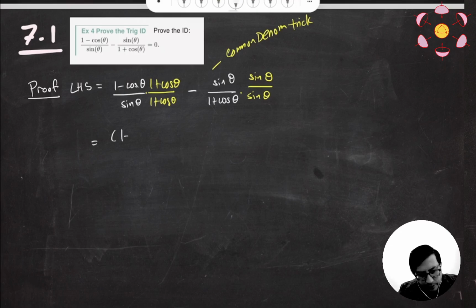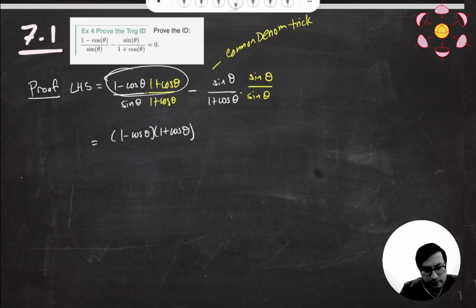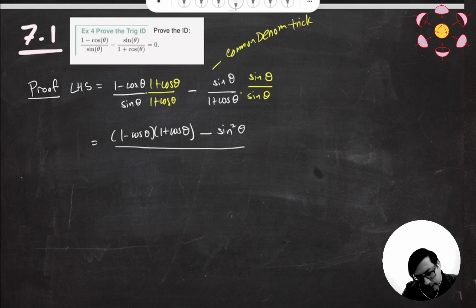Next step is we're going to combine all of this into one super mega fraction. So we're going to multiply those two pieces on the top. Okay, then we're going to do minus, multiply those two pieces. Now they're the same thing, so we're going to write sine squared theta. And then what do we have in the denominator? We have sine theta times 1 plus cosine theta. All right, as we look at what we have done with just our common denominator trick,